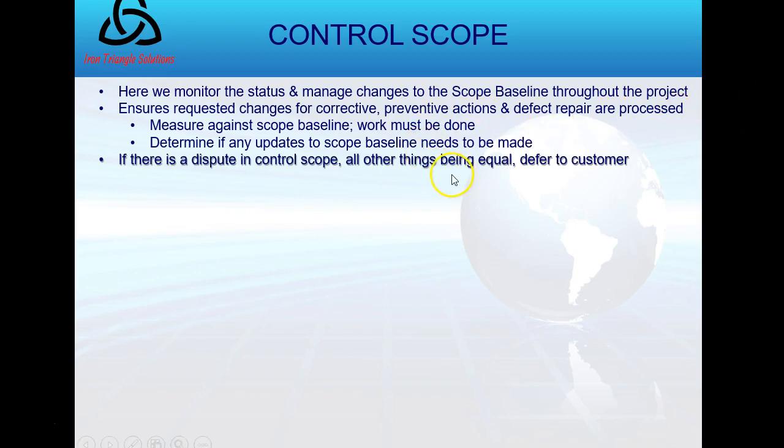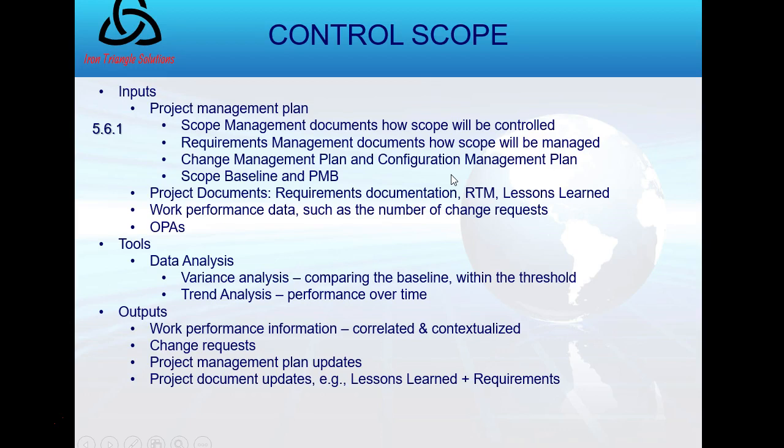It's a very common control process. It has its typical inputs, tools, and outputs, which are well recorded in the PMBOK guide, and I ask you to review that in detail on pages 169 to 171. And that concludes largely scope management